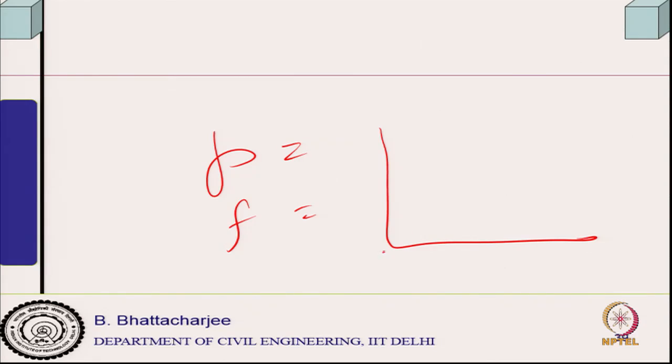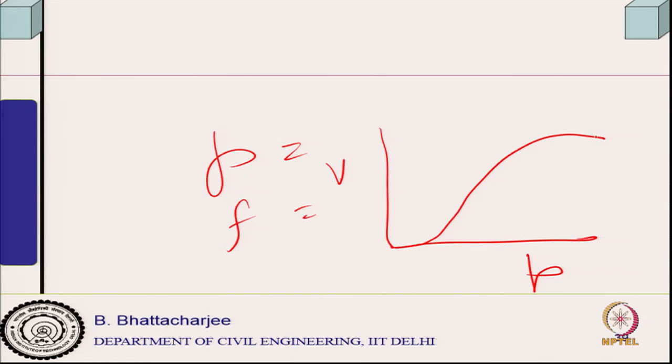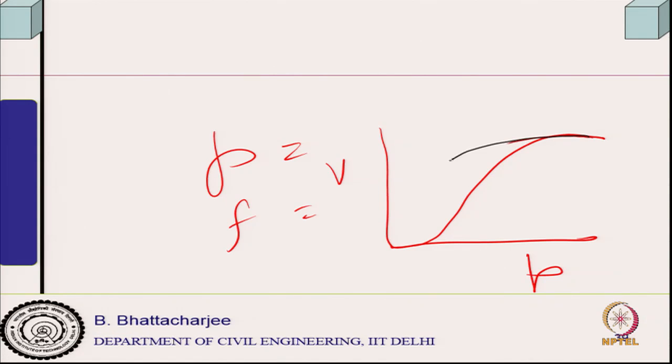So, it follows a path like this, this is pressure. As your pressure increases, the volume of intrusion increases, and when you release it, I will discuss this in the next class again, it does not follow the same path, it follows a path like this. Some of the mercury is entrapped.